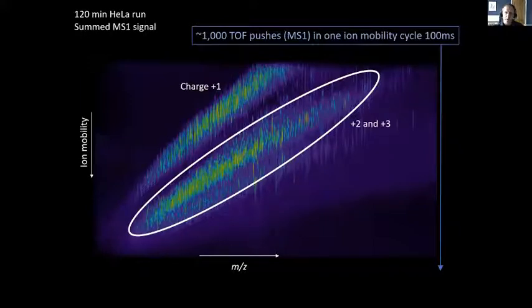In a 100 millisecond cycle of the TIMS device, there are going to be something like 1,000 TOF pushes, and what we're looking at are those spectra stacked on top of each other from top to bottom in this heat map. Each of these little features represents a peptide precursor. And you can appreciate that the ion mobility and the mass to charge are pretty well correlated, but the charge states are somewhat separated out, with the singly charged species being pretty well separated from the